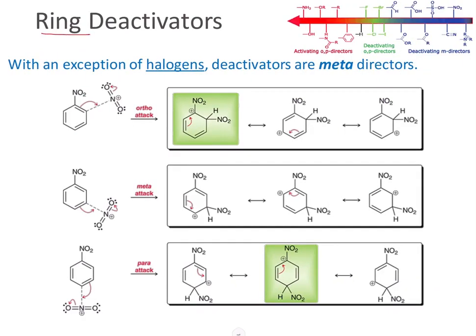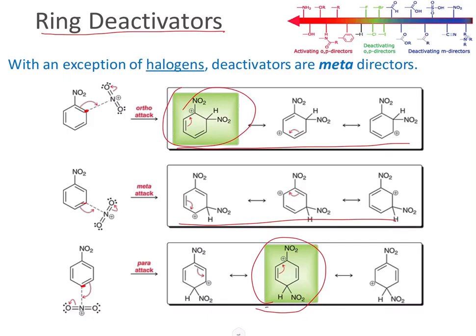Now let us look at the ring deactivators. Here again, let us look at the three cases. If we have the incoming group installed in the ortho, meta, or para positions, then what really happens? So we're going to draw the three sigma complexes. There is no extra stabilization, okay? But within the three sigma complexes, it happens that two of them, one of the ones in the para and one of the ones in the ortho positions,